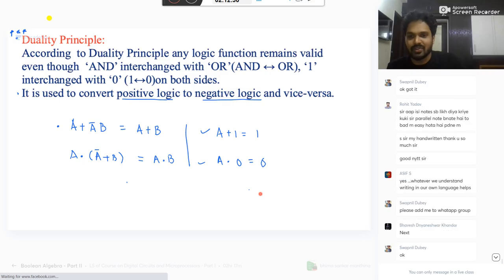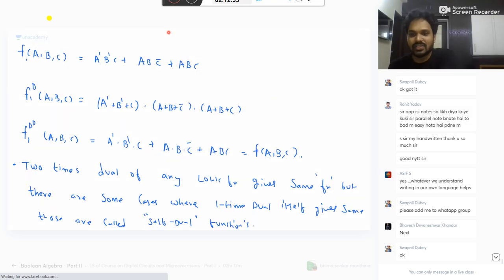Not own language, copy the similar thing. Okay, don't change it in the sense. Own language doesn't mean don't change the things. Okay,